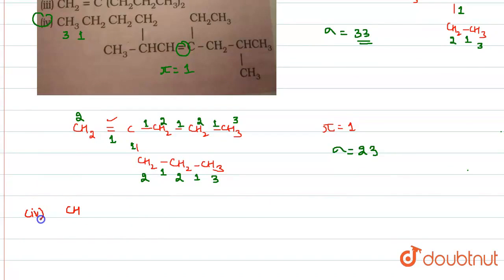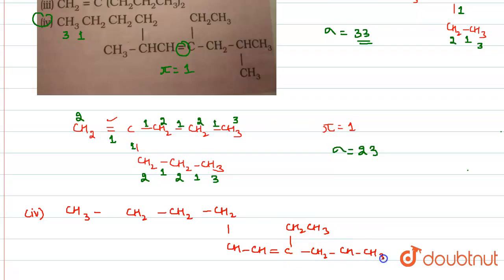Fourth number, we have CH3, CH2, CH2, CH2, CH, CH double bond C, CH2, CH3, CH2, CH, CH3, CH3 and CH3. Now when we calculate, here we can see we have 1 pi bond, that means the number of pi bonds is 1 and the number of sigma bonds will be, here we have